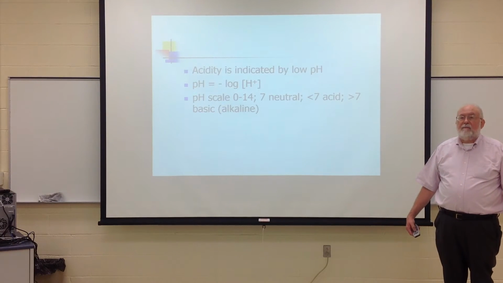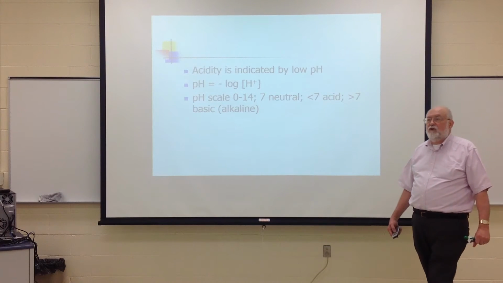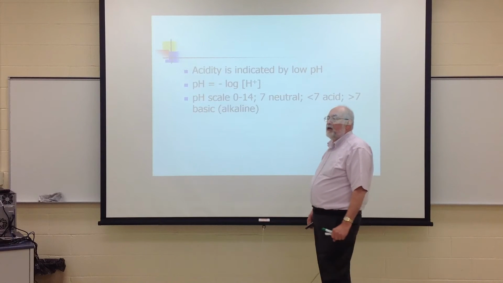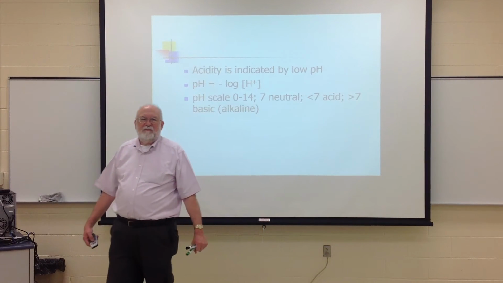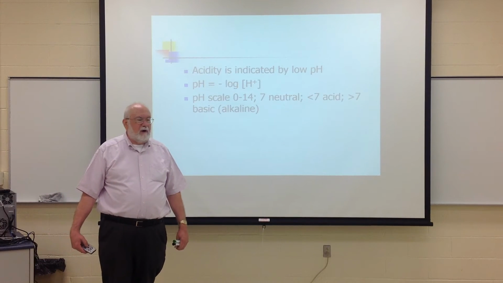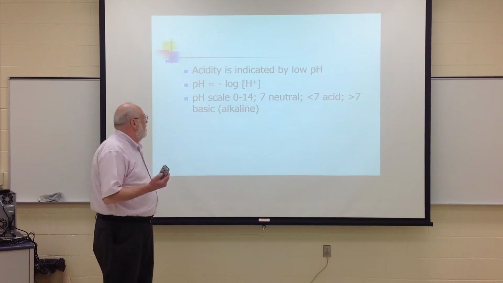The lower the number, the more hydrogen ions you got. So in other words, if you've got one thing that's got a pH of 2 and something else that has a pH of 3, which is more acidic? The pH of 2. That's right. Okay? Now,